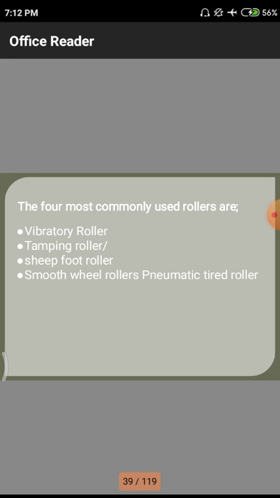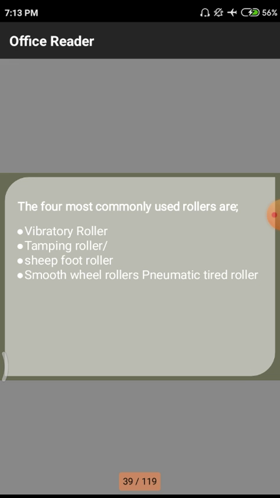Next one is the tamping roller. Tamping roller normally does not vibrate, it applies a certain amount of force, and due to these tamping forces the voids automatically decrease. Due to this tamping, no water will be driven out, only the particular soil will be stratified.